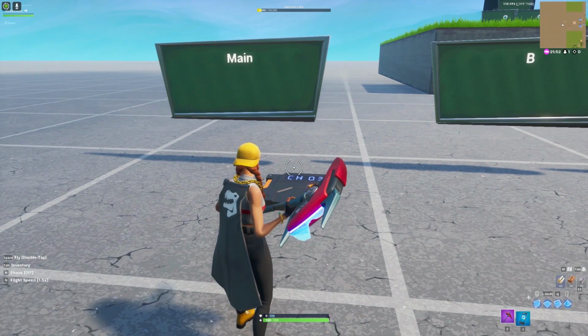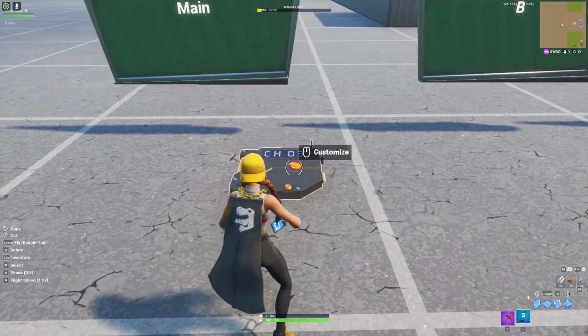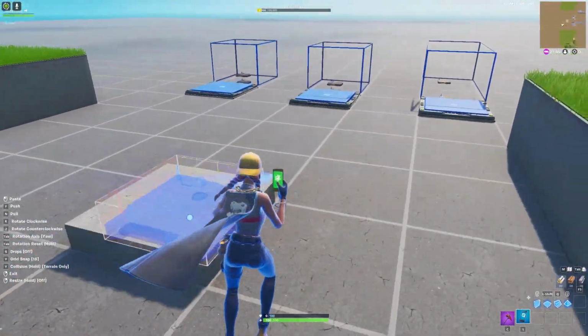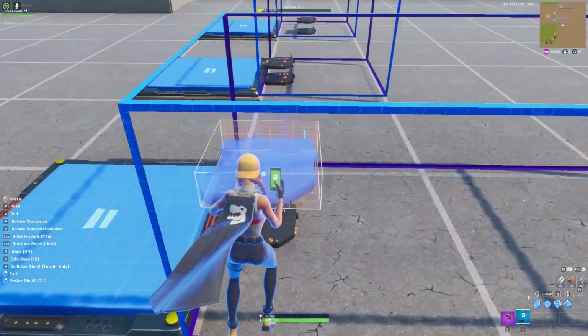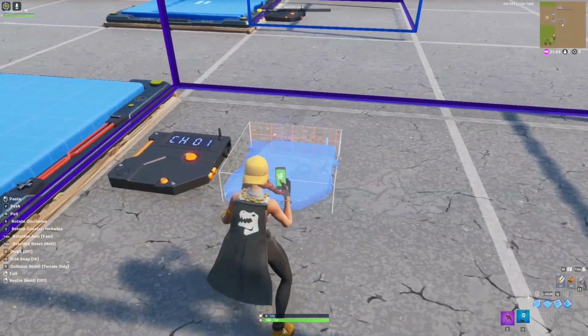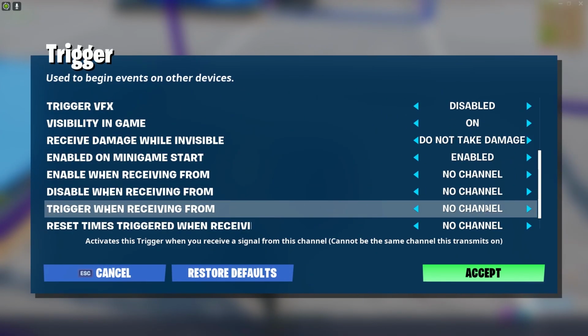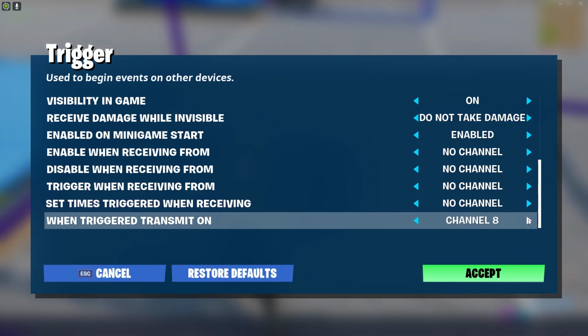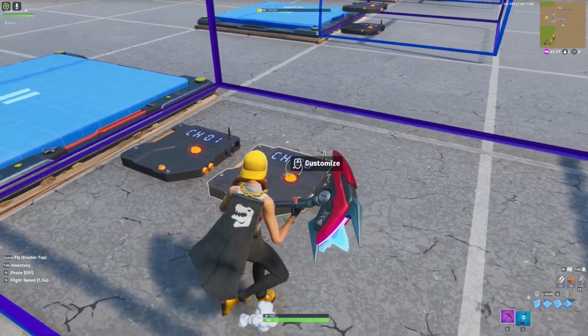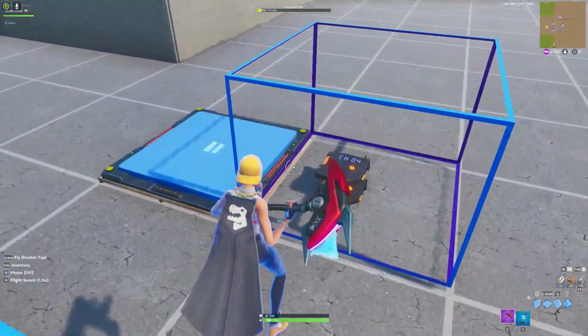Okay, to solve this problem, we need the last trigger that is still remaining here. And we need to add that trigger to our first line, to our main line, you could say. We're gonna add that here, and then we're gonna change it to 8. So 8 is a new different channel. And what this trigger is doing, it is going to